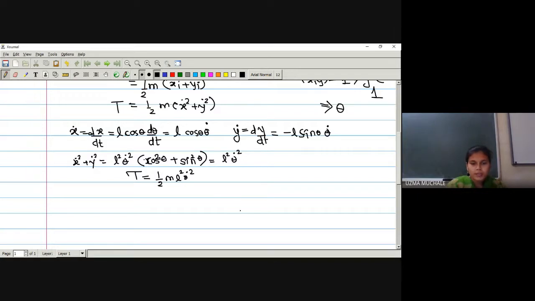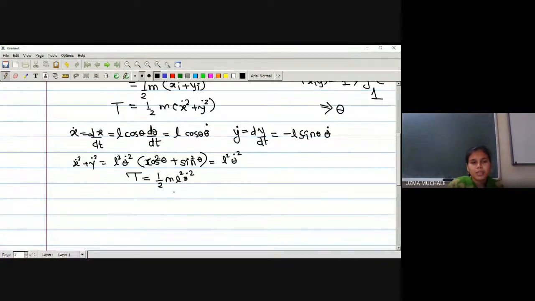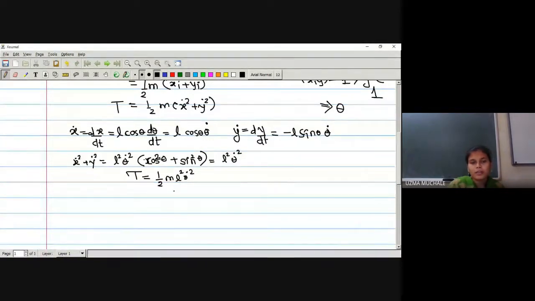Okay. What we have to do next is find the potential energy also, because we are considering the case of a conservative system. Here no external force is applied, the pendulum is simply moving. We have assumed there is no air resistance or any other type of force, as in the practical of a simple pendulum where you have some assumptions. The force we apply is the working force, which is constant. We are discussing the case of a conservative system.